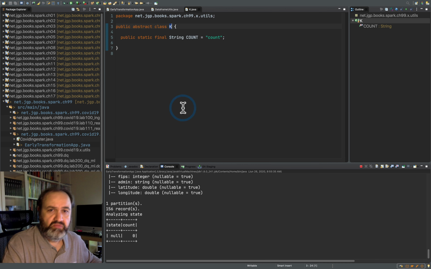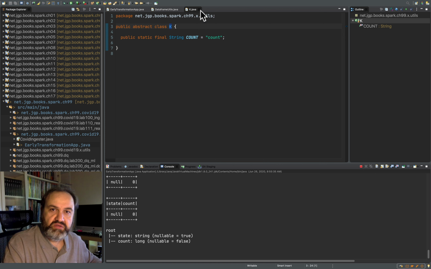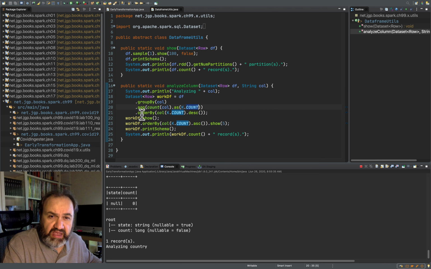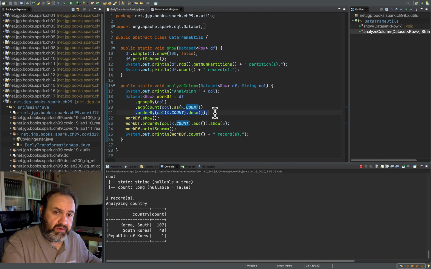K comes from the German constant. I think the Germans are a symbol of rigor. Constants are a symbol of rigor, so it makes sense to use k, and count because it's how I decided to name the column. And if you look at the first thing I'm doing is an order by descending, so I've got the highest value first, showing that.